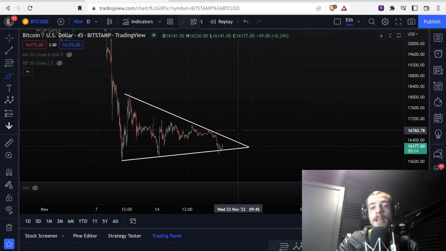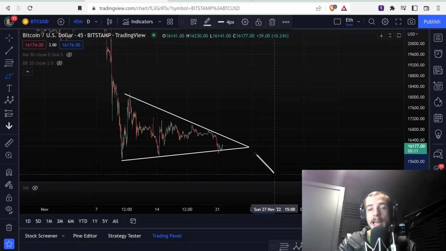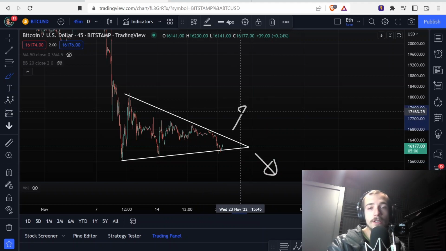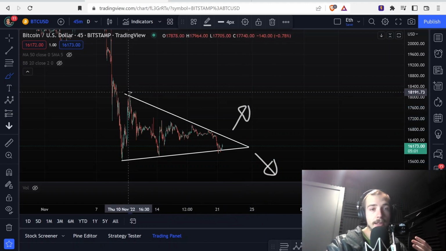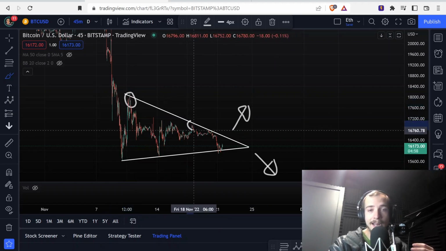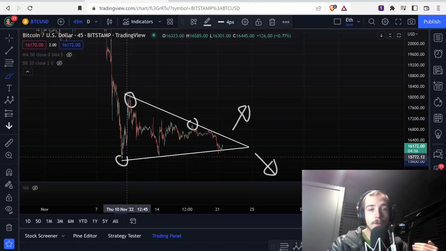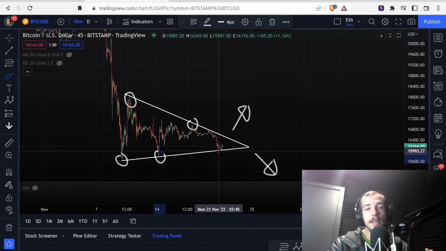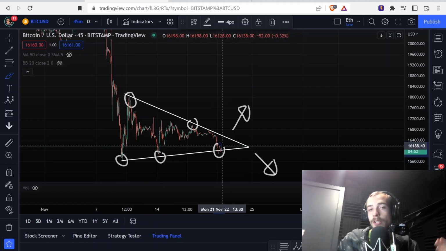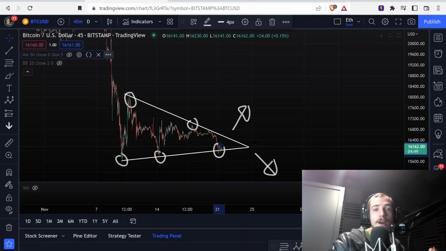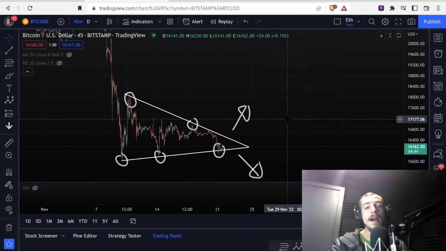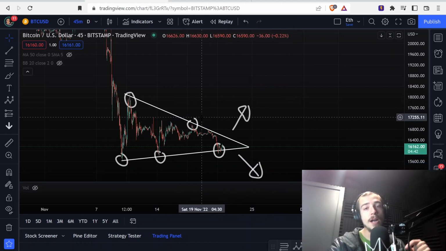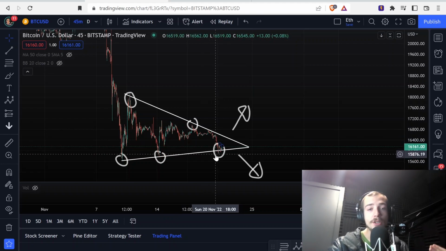Now, this is either a continuation triangle downward or a reversal triangle. Triangle patterns can be reversals or continuations. We just do not know until we clearly break out of this trading range that the market has been forming inside of this triangle. And that's just the truth. People just don't know what it's going to do. It can go either way. However, now that we have another trading pattern, we have something that we can watch. We can watch resistance and we can watch support.